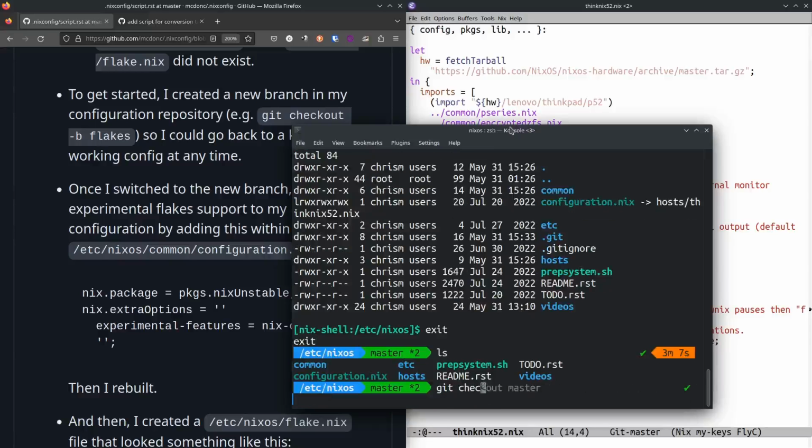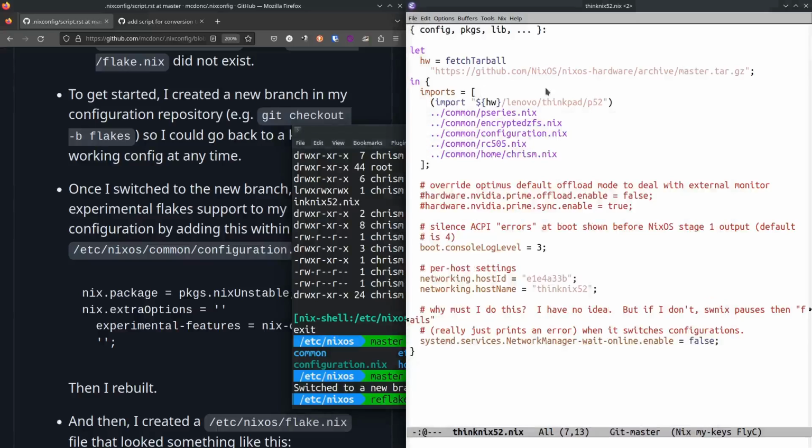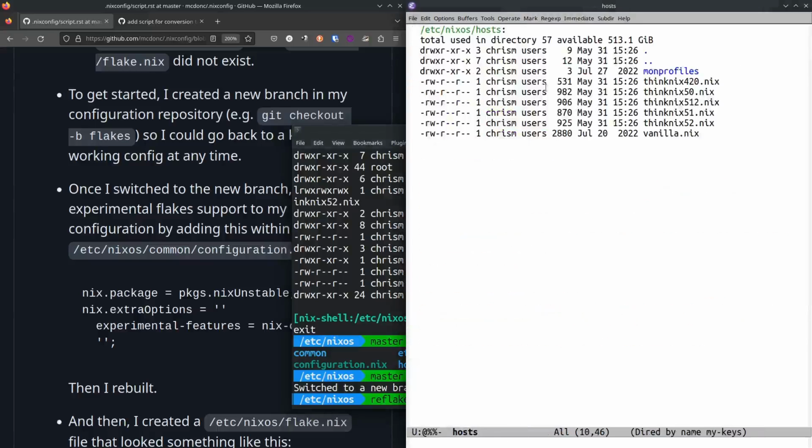And we'll do git checkout -b. I'm going to call this reflake because I already have one named Flakes that has all the right answers in it, but we're going to start from scratch here. So this is a branch of master, and in order for Flakes to work at all, I